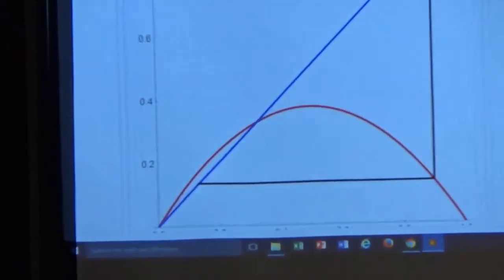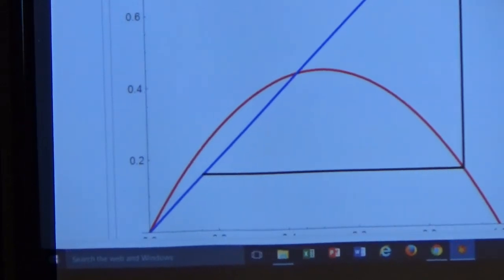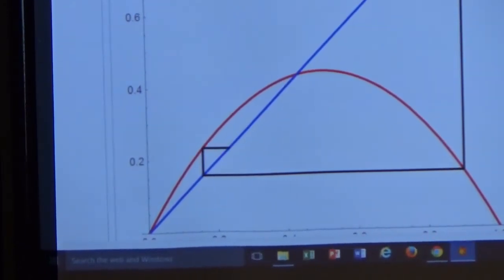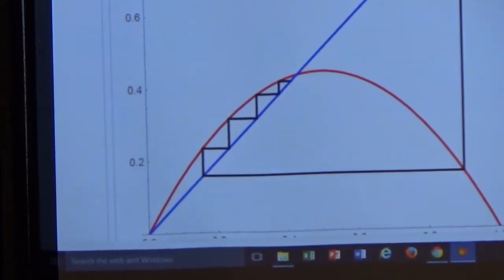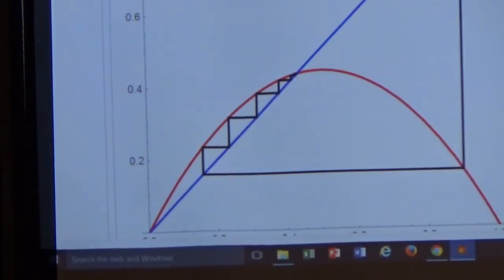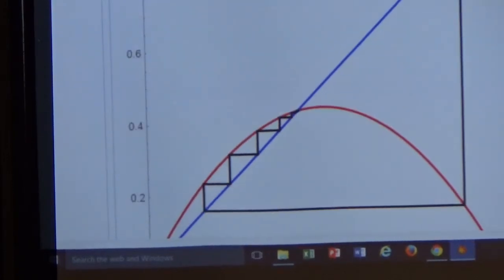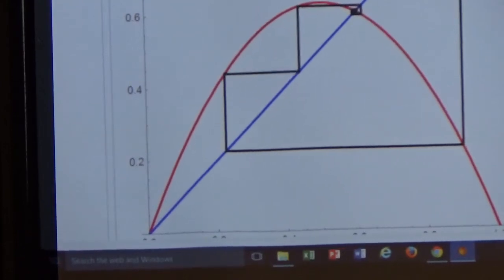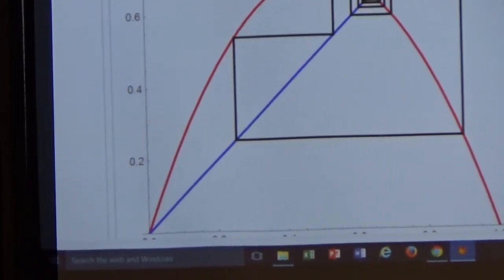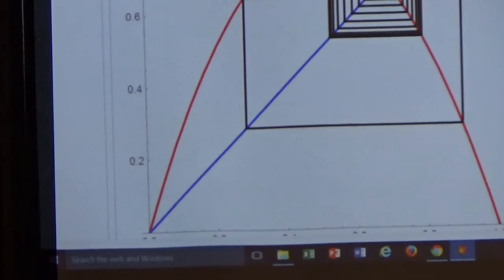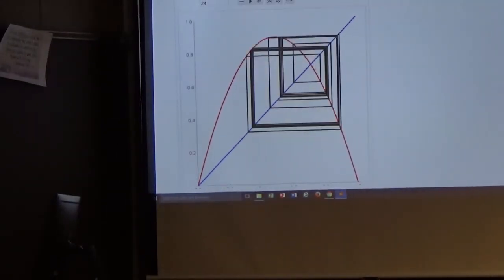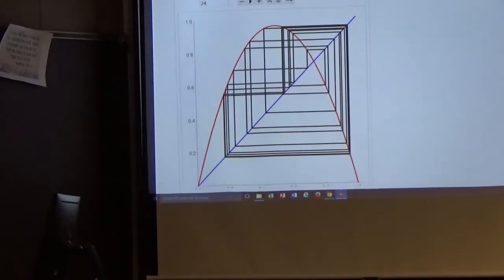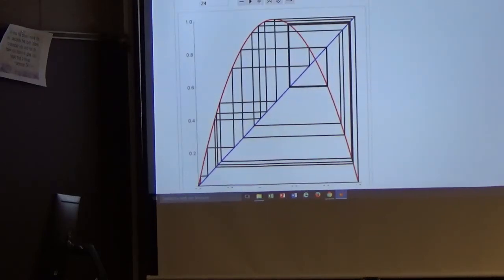Then the red graph has a slope bigger than 1 at the origin, and watch this. The sequence does not converge to the origin, it converges to where the red and blue graphs cross. Staircase. What if mu is up even further? Weird things start to happen. You get some spiraling. Cobweb, yeah, that's what's called the cobweb plot. Oh, and then like a hallway or something. And then it's just sort of all over the place.